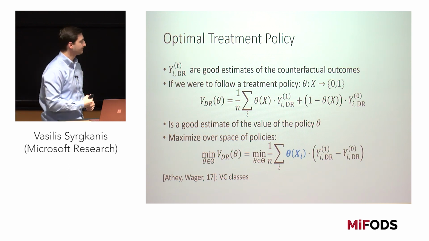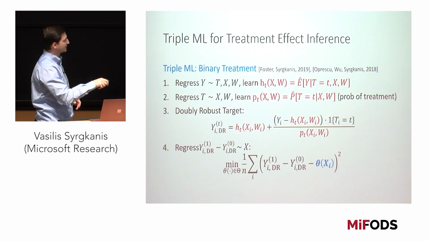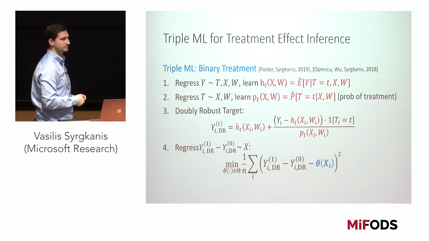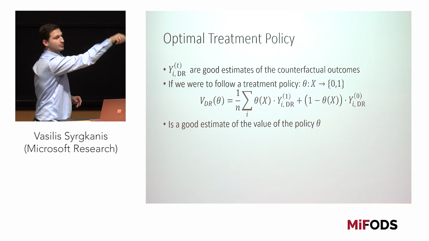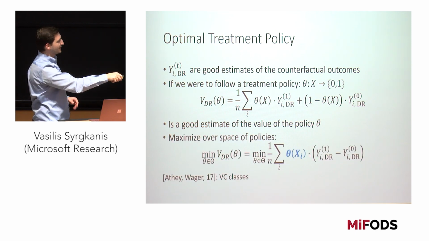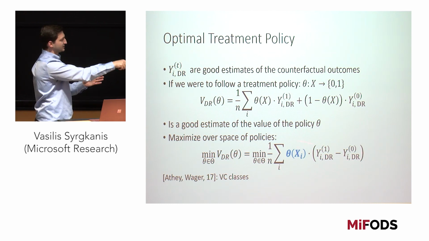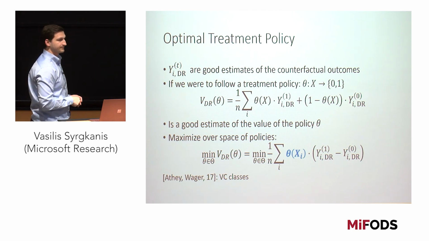So here the y's are not random variables; they're expected values. So the y's here are these exact quantities over here. They are random variables, and they depend both on the regression model and the propensity model and the real data yi. Right, but you're not trying to maximize the expectation. I'm trying to maximize the expected policy value, right? So you're taking an average of the policy value. But now I have a good proxy of what would happen to this particular patient if I treat or not treat, which is this; in expectation, this is the correct thing. And so this in expectation will be an unbiased estimate. So the oracle is the one that's just minimizing the expected value. Yes.